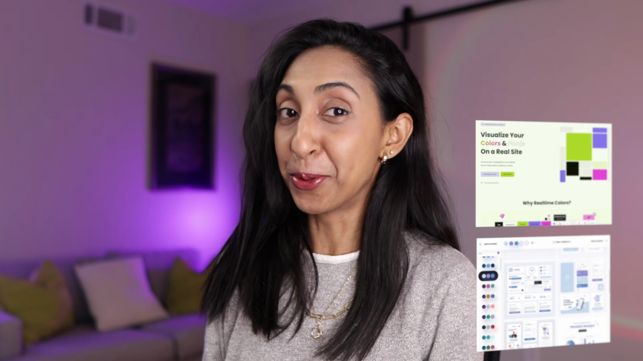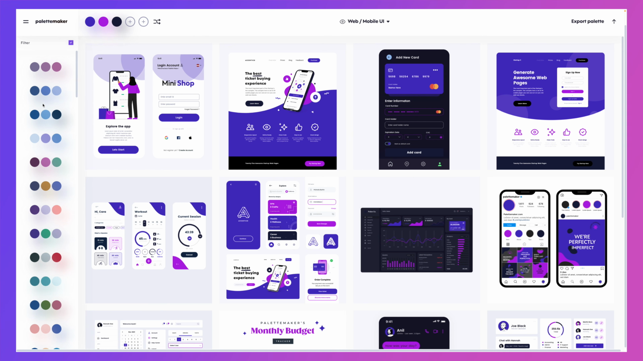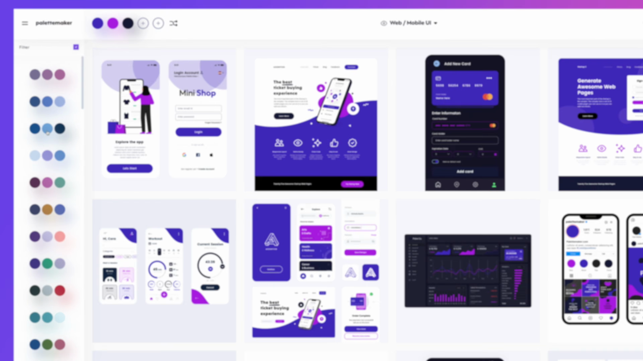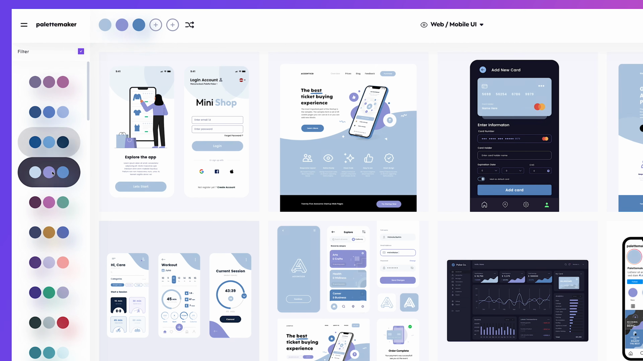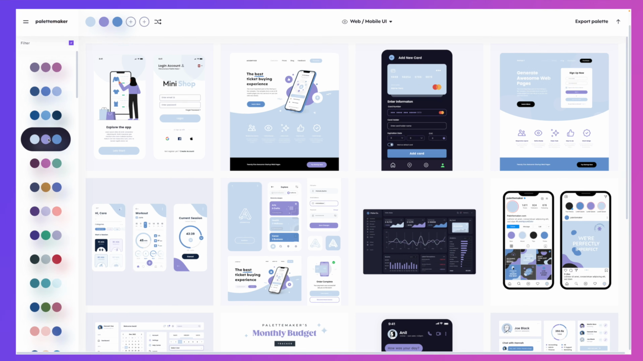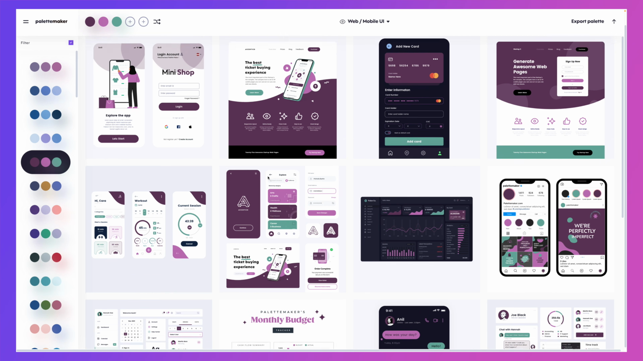I found these really cool color tools. Let me show them to you. This is palettemaker.com, and you can see all of these different color palettes over on the left, and as you click through them, you can view hundreds of color schemes in a matter of seconds on all of these different